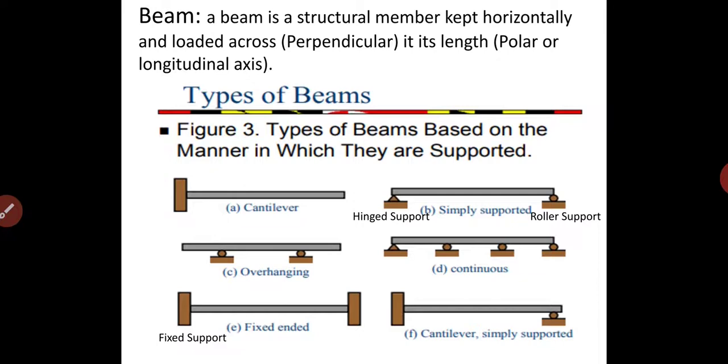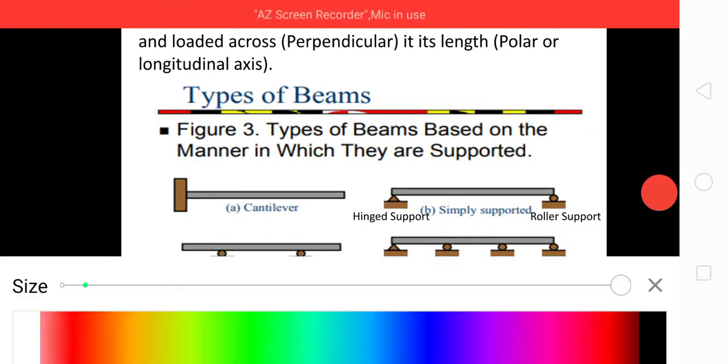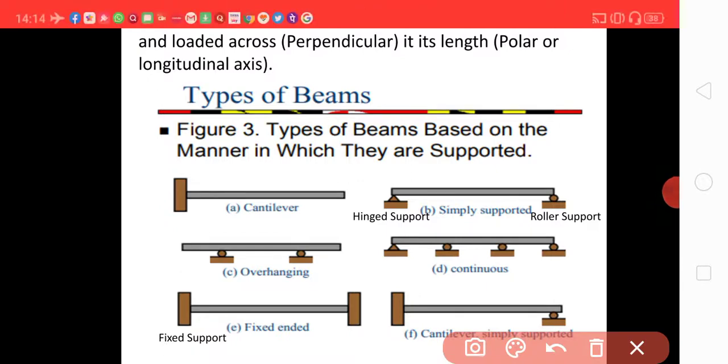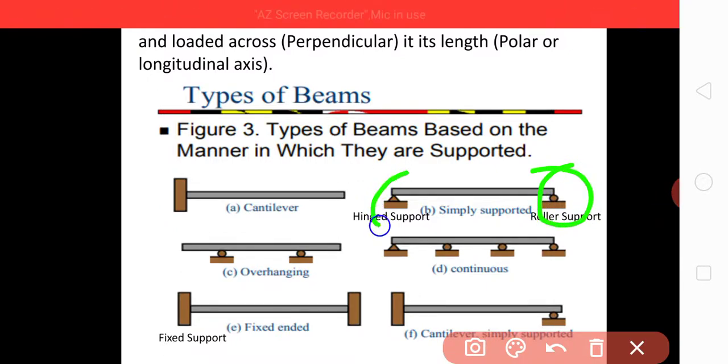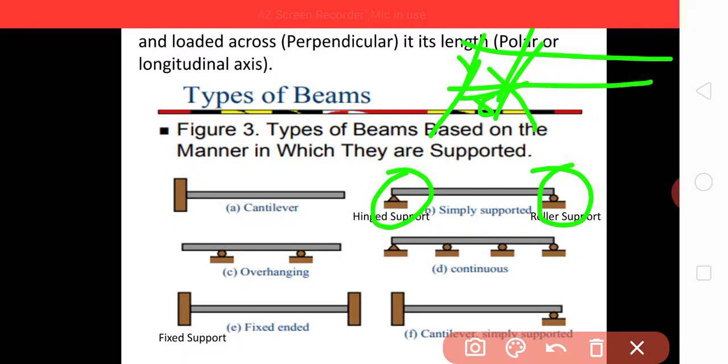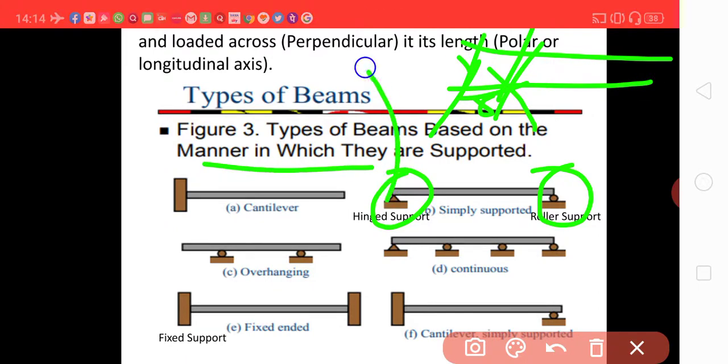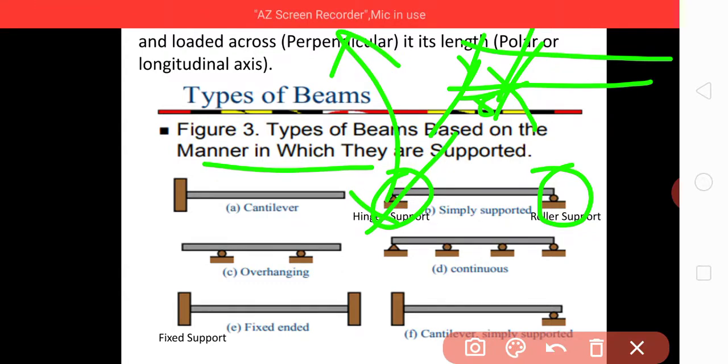This is the cantilever beam. In your house, in your almirah, there is a bracket which is fixed at the wall and one end is free. This is called a cantilever. The other one is the simply supported beam. Here one end is hinged and the other end is roller supported. This is the roller support, this is the hinge support. Hinge support means this is the hinge, and a beam is kept under this, so that this beam can move this way, but cannot move like this.